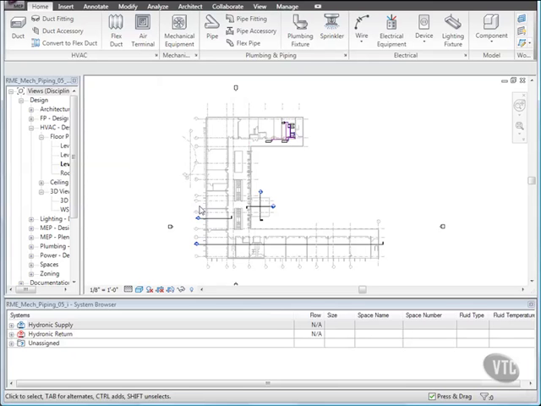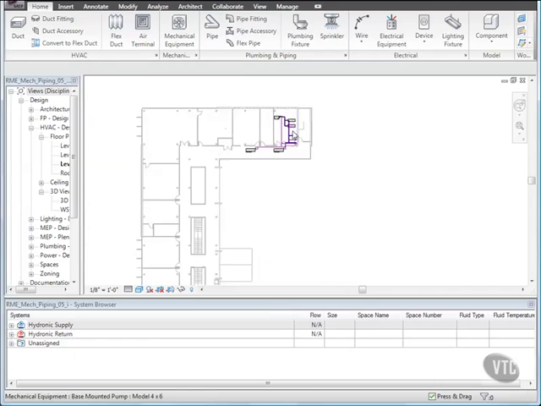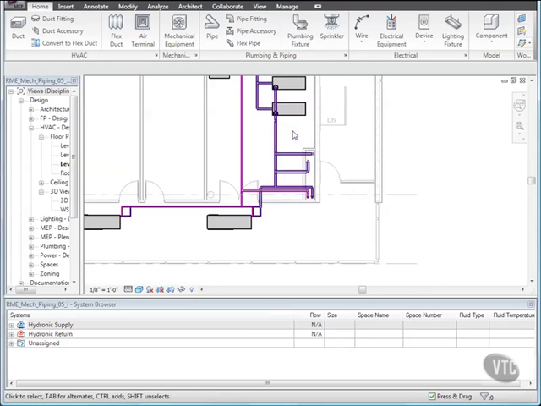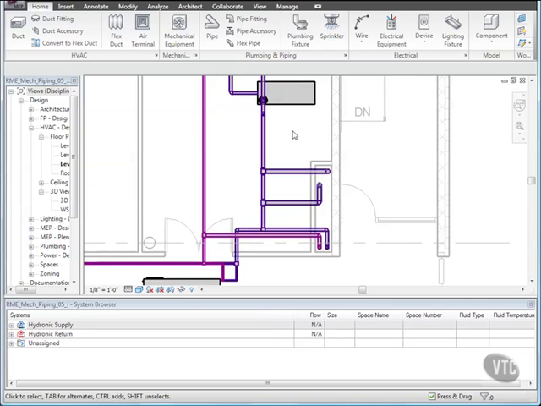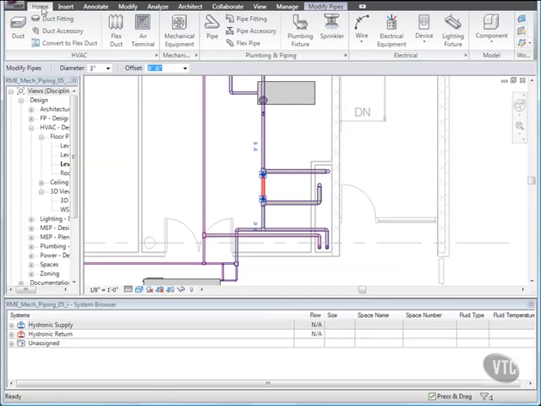Let's place a bypass valve to control flow to the cooling tower. Zoom in to the shorter wing of the building and click the section of pipe between the supply in and supply out pipes to the cooling tower as shown. On the options bar, verify that diameter is set to 3 inches and click the Home tab, and from the